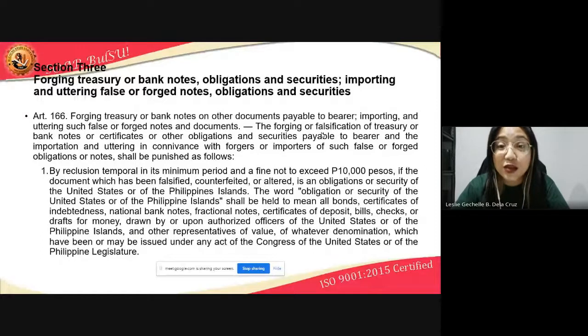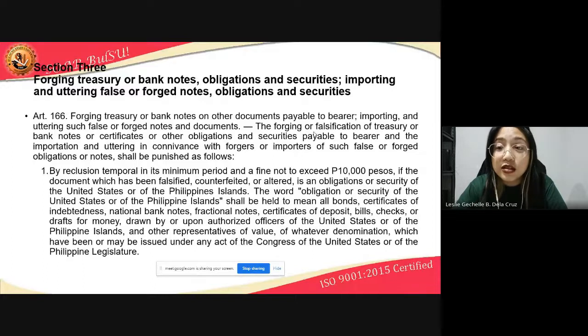If the document which has been falsified, counterfeited, or altered is an obligation or security of the United States or of the Philippine Islands. Kung mapapansin ninyo, nababanggit yung United States. Bakit? Kasi during this time na nagawa yung batas, kumbaga nag-oversee pa yung US dito sa atin sa Pilipinas. Kaya included sila dyan. The words obligation or security of the United States or of the Philippine Islands shall be